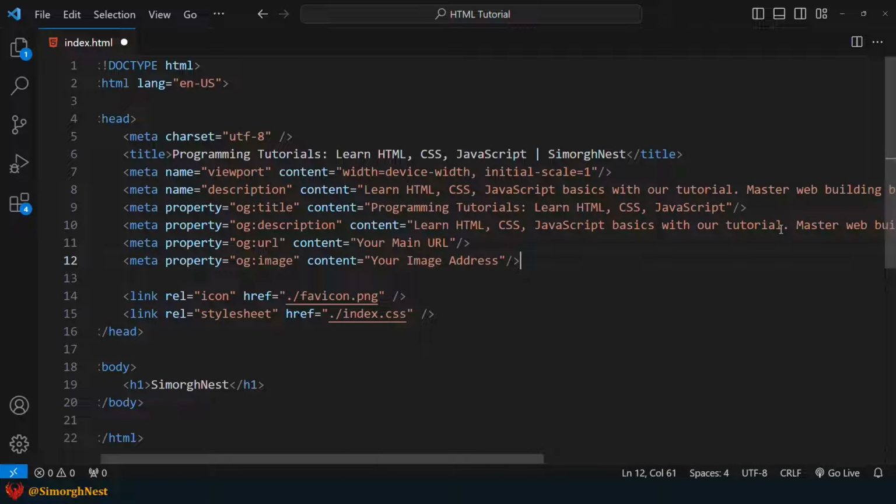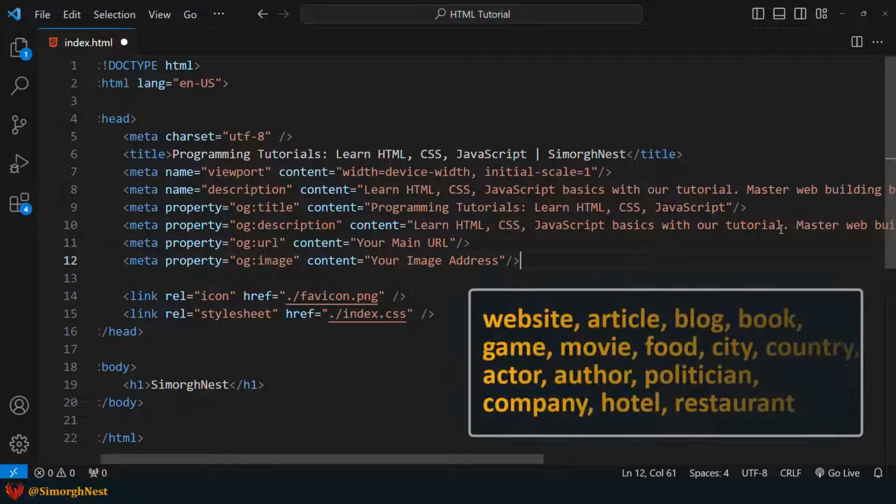Now, let's discuss the last basic OG tag, which is the OG type tag. This tag allows us to describe the type of object we're sharing, such as a blog post, video, picture, or something else. There are many options to choose. In most cases, we'll use the website value because what we're sharing is a link to a website. In fact, if we don't specify a type, the social media crawlers will assume it as a website by default.